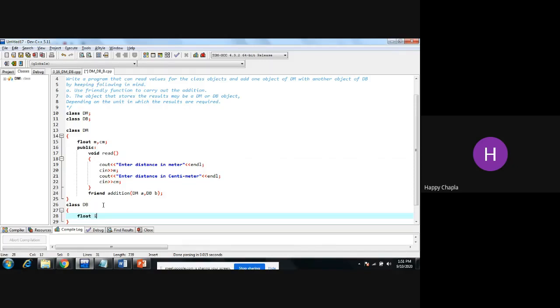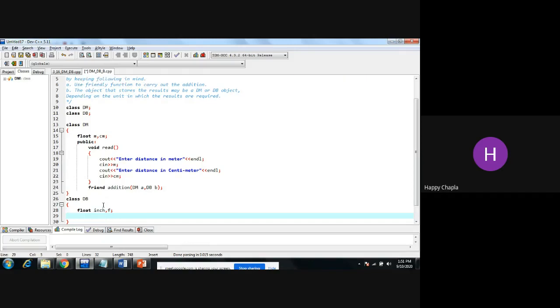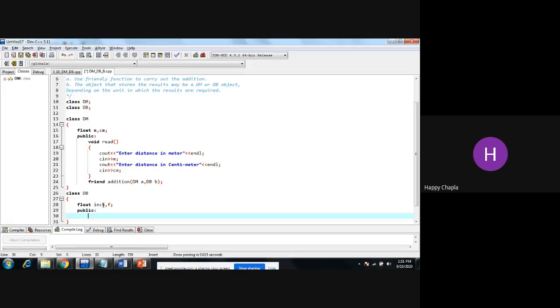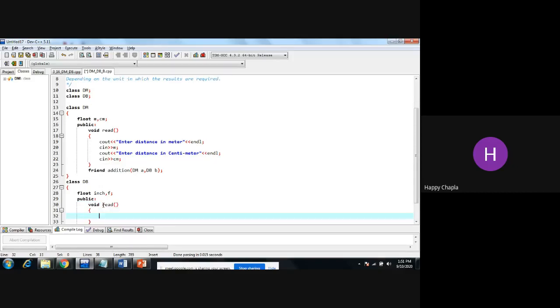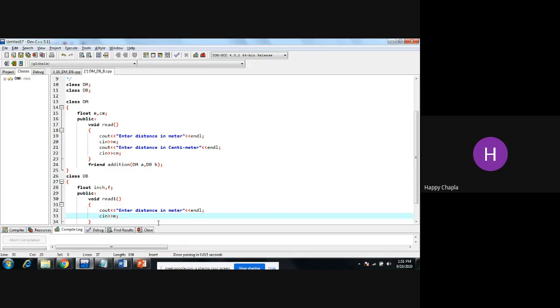It has float inches and feet. Same as before, I need to take those values from the user, so void read. Cout: enter distance in feet, and in F I'm writing.